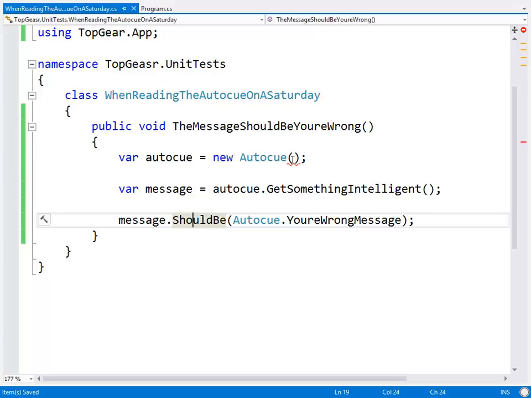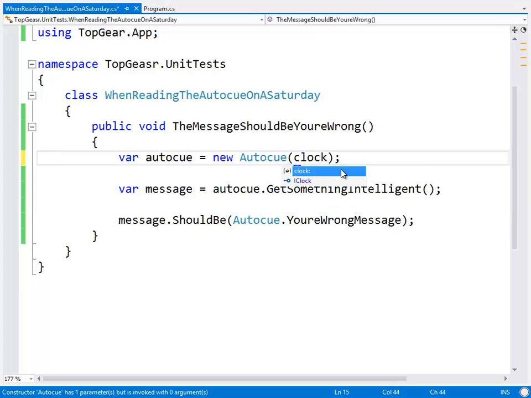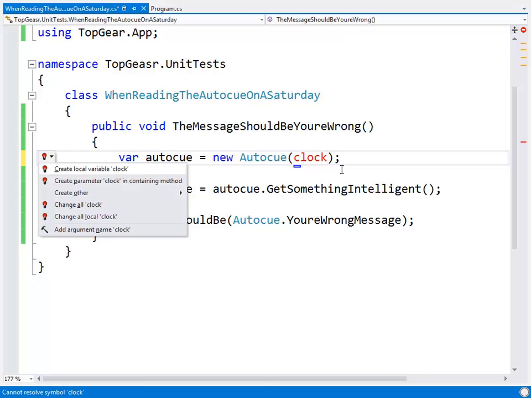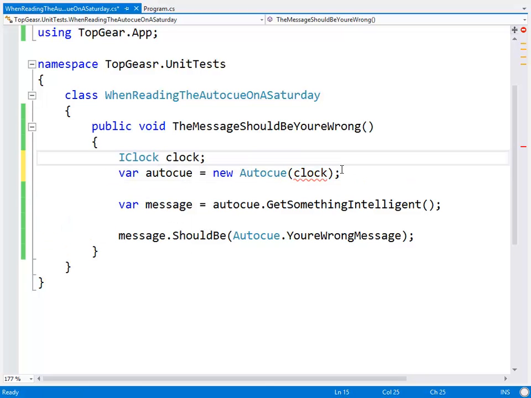So we need to give this one a clock. And I'm going to create a local variable. Now, quick show of hands, who's used a mocking framework before? Most of the room, some people haven't. Okay, that's fine. This is not the textbook way to do this, okay? I'm just going to write an ugly mock. Use NSubstitute or Moq, please. If you don't know NSubstitute or Moq, go Google them. All right, but for now, we're going to say IClock clock, and obviously that's going to throw a null reference exception somewhere horrible, so that's really bad.